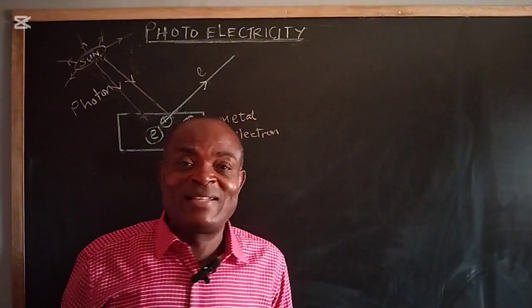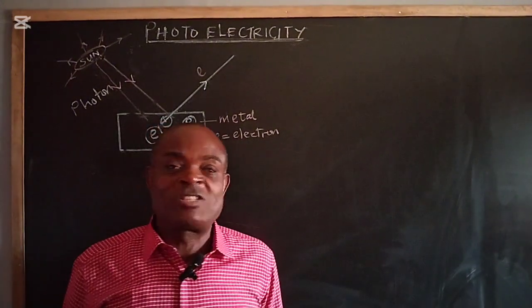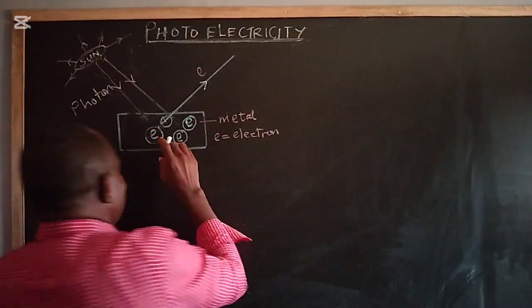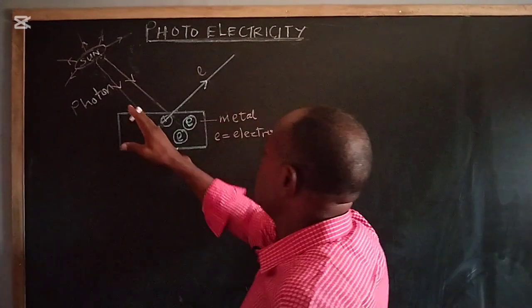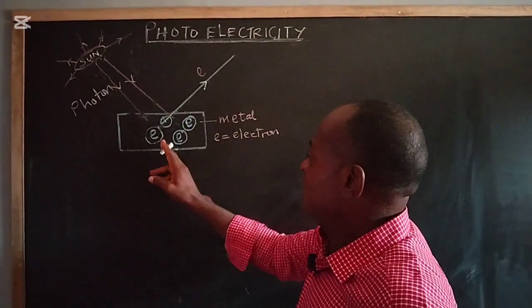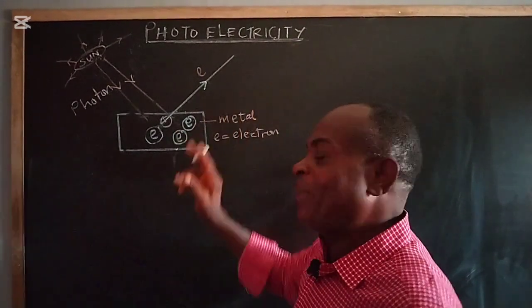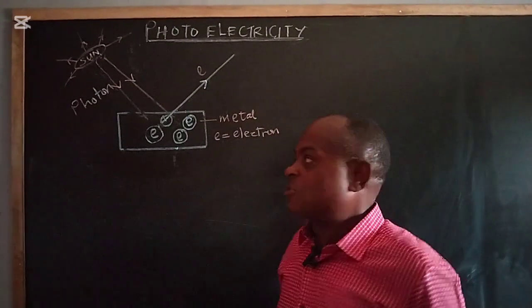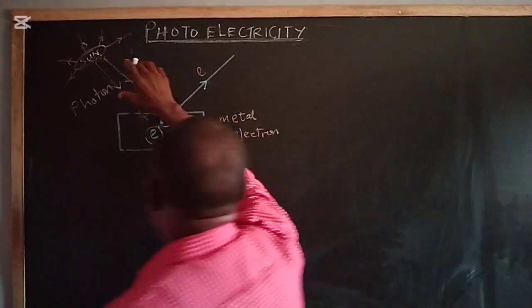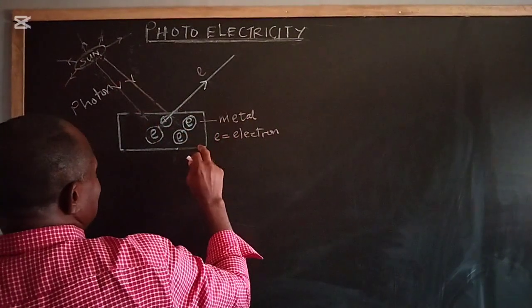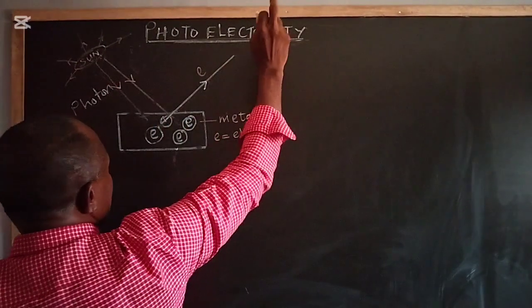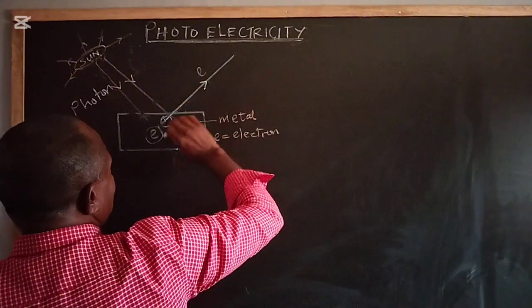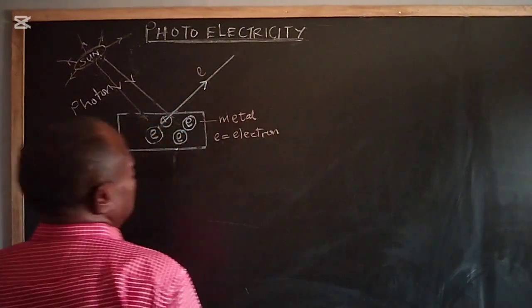Of course, you know that electrons are negatively charged. Now, when they are situated here, a little disturbance can make them jump out because they are very highly mobile. So when the radiation from the sun gets the metal heated, electrons are removed from the surface of the metal,